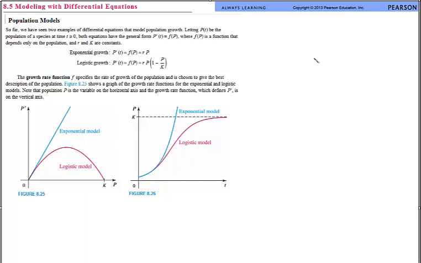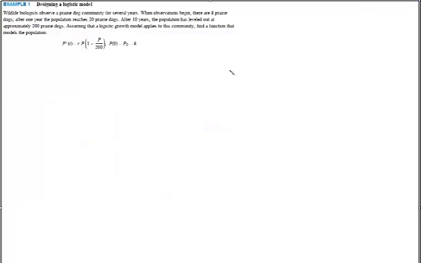So let's look at an example. In example 1, we have a prairie dog logistic model. I plug in what I know so far, and this 200 is my carrying capacity, so I plug it into my logistic growth formula. Now my problem is to find that initial population